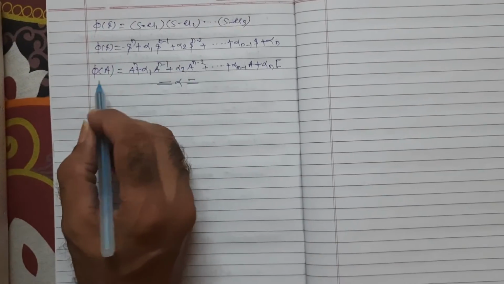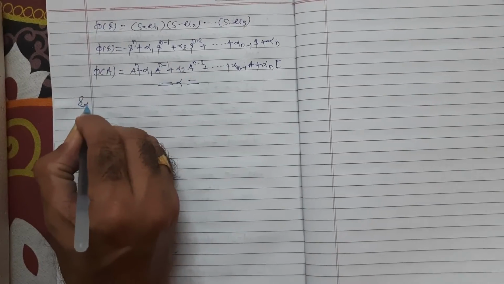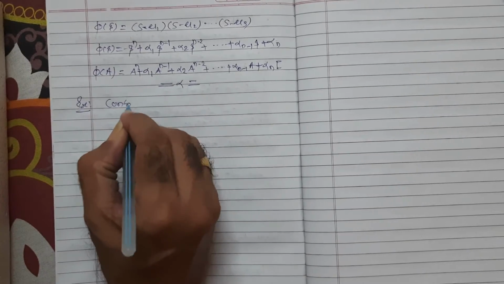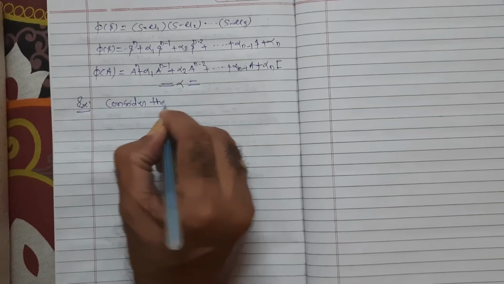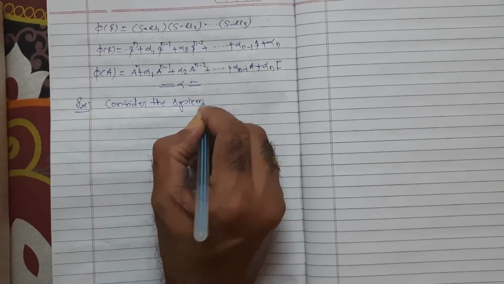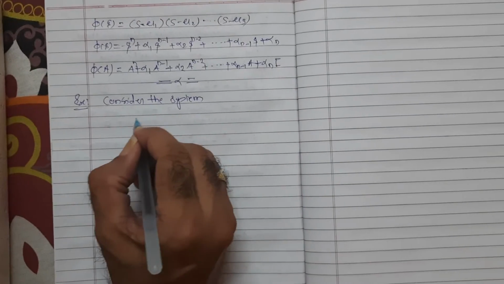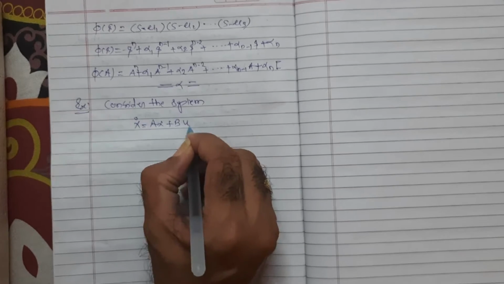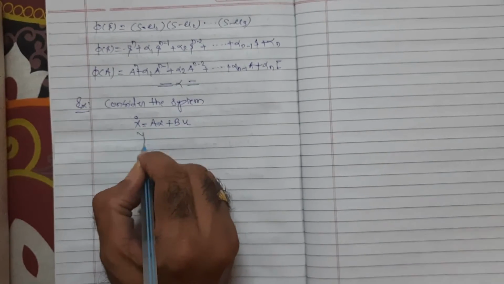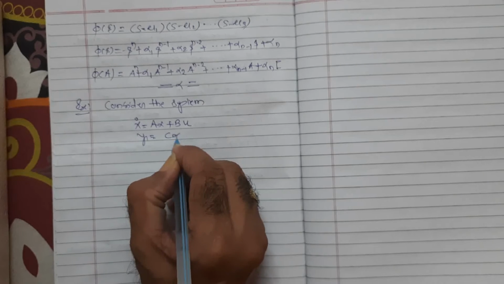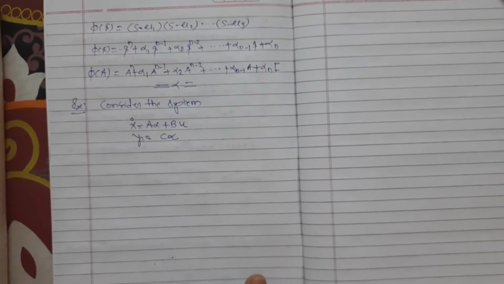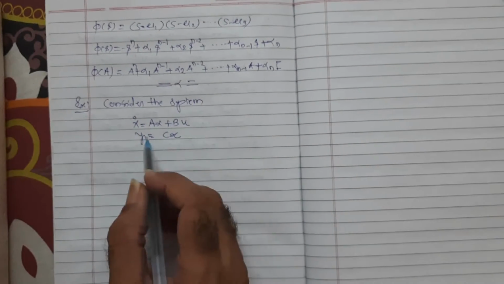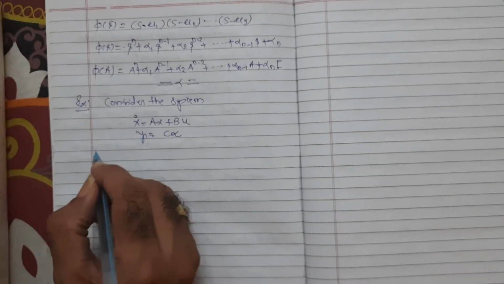We will see the example on the full state observer. Example: consider the system x dot equals ax plus bu and y equals cx. D is absent, that is 0. So this is our system, x dot equals ax plus bu and y equals cx, where